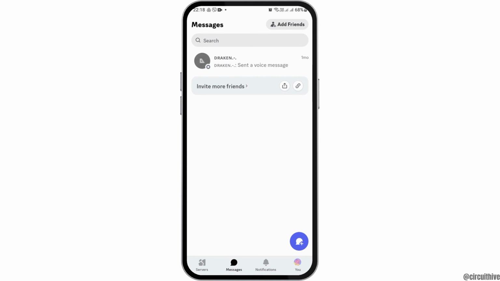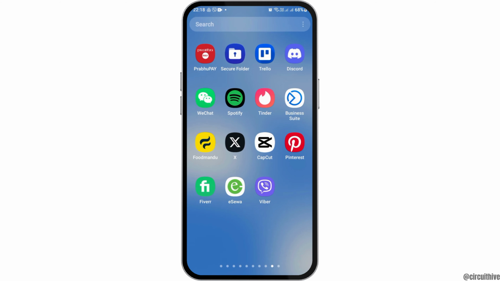After you launch the Discord application on the mobile device, you can go to the message section and find the premium code that has been sent to you by a friend on Discord. Now what you can do is note it down in any place that you want. You just have to note down the code that your friend has sent,